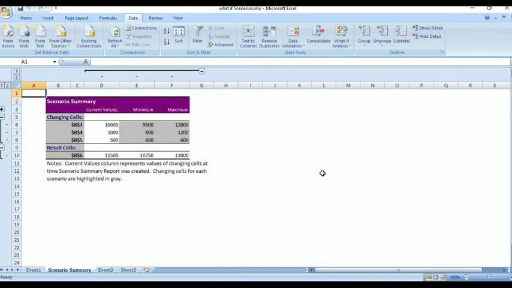Now once you click on the OK button, you will get the scenario summary. Here this is your current value, this is the minimum scenario, and this one is the maximum scenario. Is it clear? And on the basis of minimum and maximum, you can find the average value, or according to that you can set the cost of your PVC pipe.